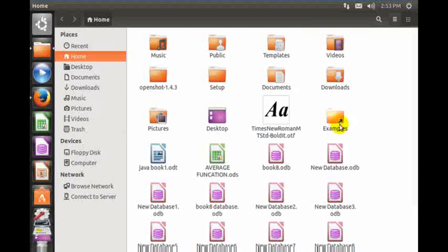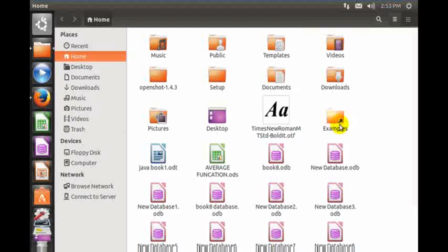List view. This option lists the files and folders with their detailed information, including name, size, type, date and time when the file was last modified. To view files and folders as a list, click on the View Items as a List icon located on the top right corner of the Home window, or click on View, then go to List option. The files and folders will be displayed in the form of a list.